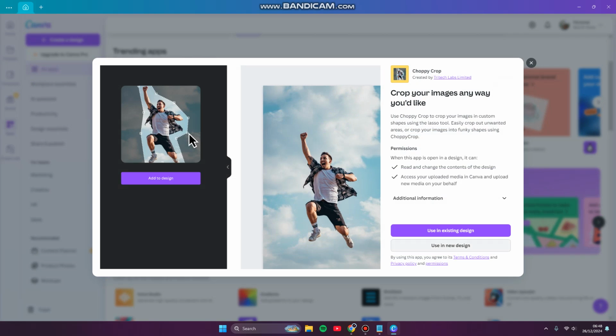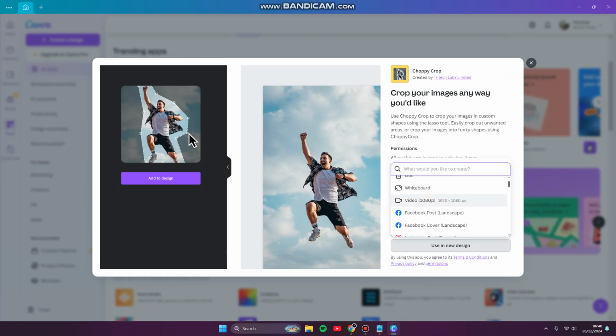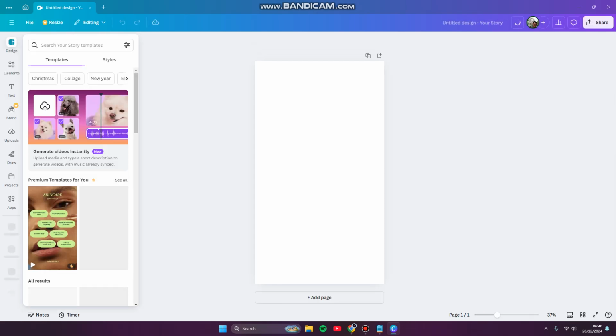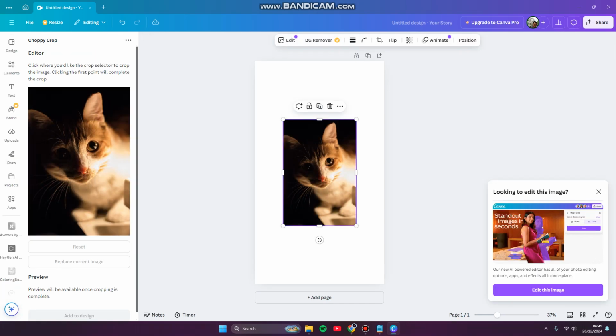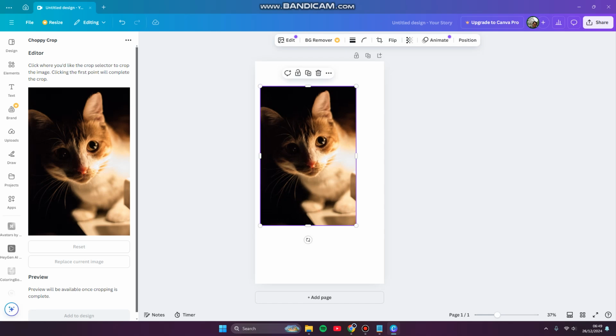Let's start by using a new design. You can choose the canvas here, for example, for Instagram story. Here you can select an image on your design to get started, and you can drag your image here